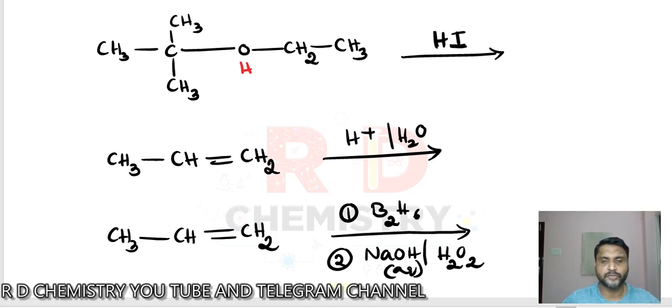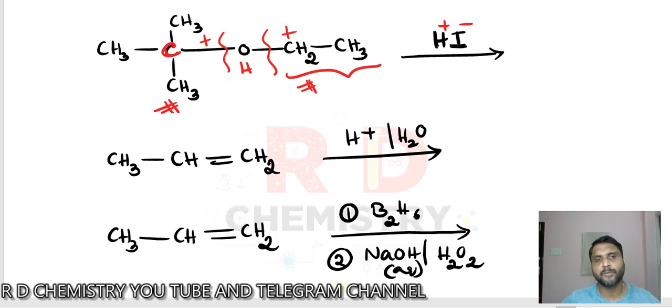So hydrogen goes to oxygen. Then you know that I minus is a nucleophile and should attack the smaller alkyl group like ethyl. But there's a problem here. So this goes according to the mechanism. So what will happen now? Suppose I break the bond here, this is a positive charge. Or if I break the bond here, this is the positive part. So there are two possibilities: tertiary butyl carbocation and ethyl carbocation. Which is more stable? The carbon carrying the positive charge is attached to three more carbons, so the tertiary butyl carbon is more stable. So the bond breaks to give the more stable carbocation.